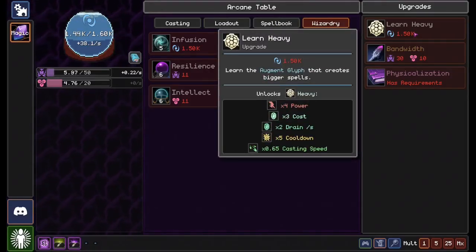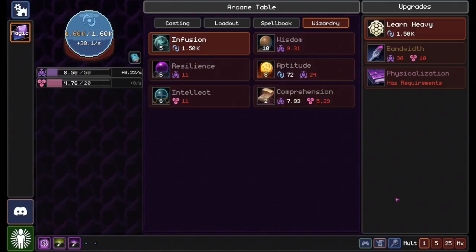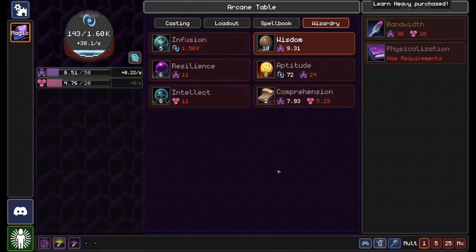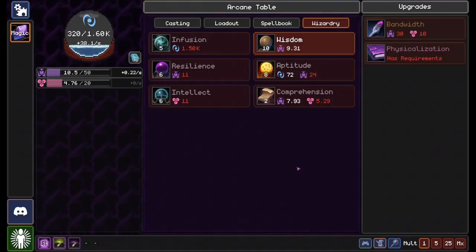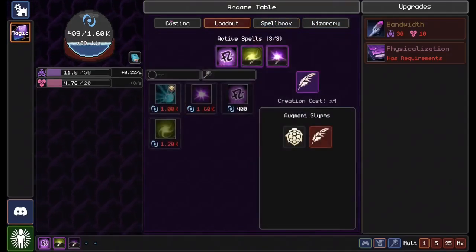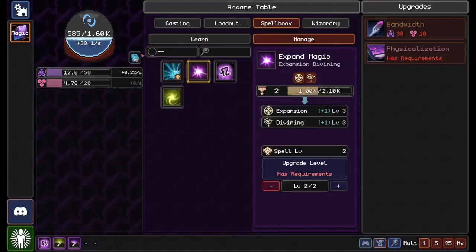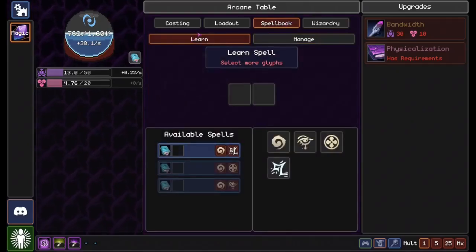Heavy is fine. Heavy's a weird one. It makes your spells really strong, but it makes them take a heck of a lot longer on their cooldown. And I just don't know if it's worth it. I think it makes more sense to, I mean, we'll need it eventually. I feel like it makes more sense to just have your things running more frequently. If you're a slower player, or you don't want to be, like, microing everything,